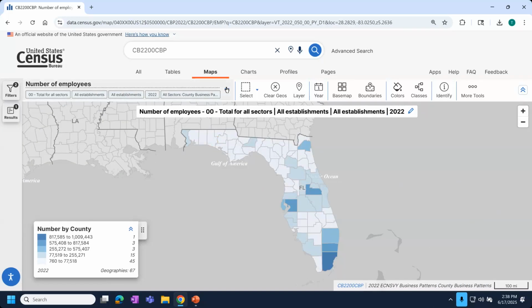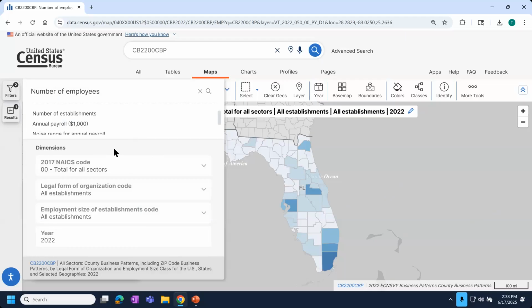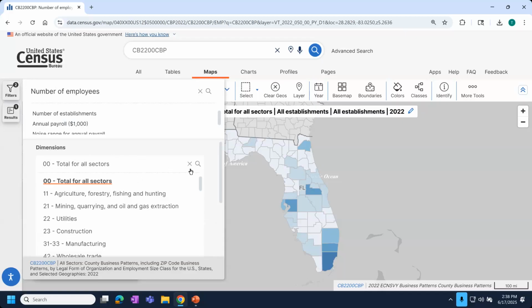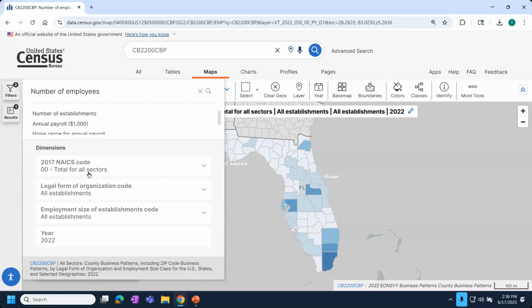And then also, especially for all of the tables and for economic tables in particular, pay attention to the dimensions and the different drop-down options that are available to you. This is where you specify the context for what you want the number of employees shown. Do you want the total number of employees working in any business? We wanted specifically accommodation, so that's where you can click into the 2017 NAICS code and change it from all